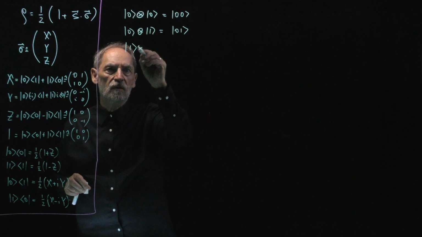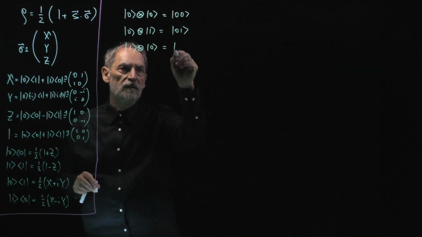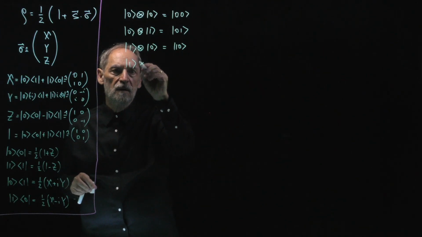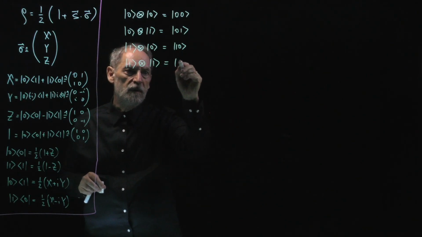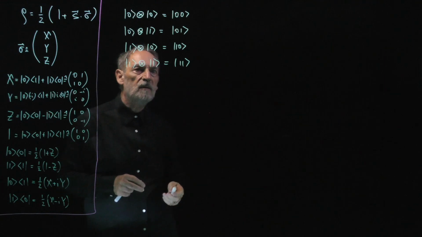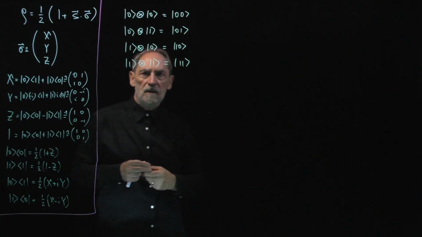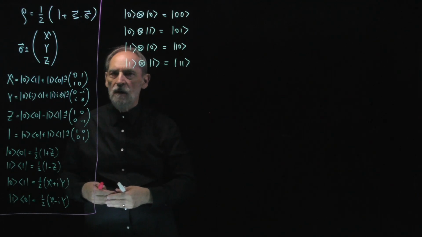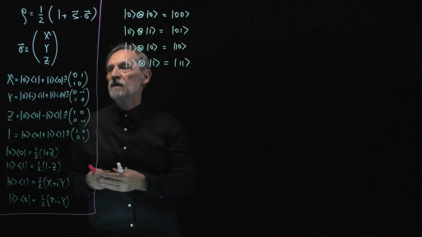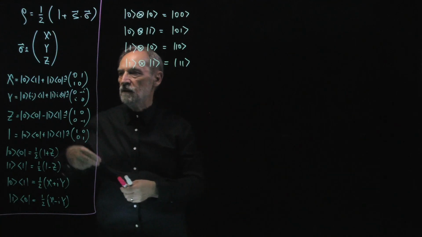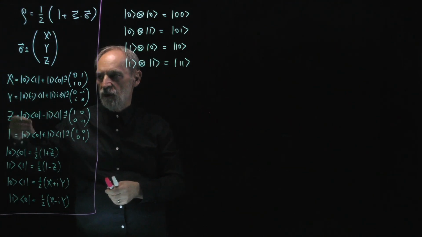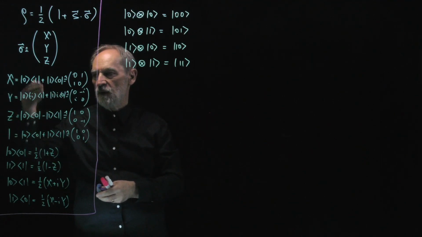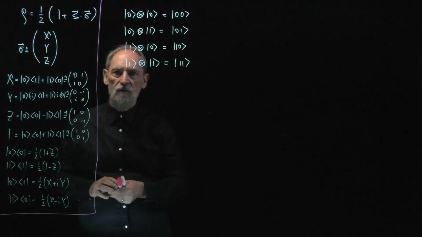For the 1, 0 tensor product, we have the 1, 0 ket, and for the 1, 1 tensor product, that would be the ket labeled by 1 and 1. And so those are the basic ingredients. Now if we have two of those qubits, there will be an x for the first qubit, a y for the first qubit, a z for the first qubit, an x for the second qubit, a y for the second qubit, a z for the second qubit,